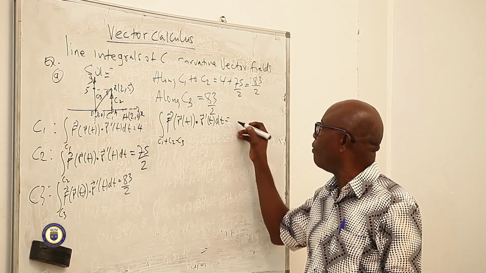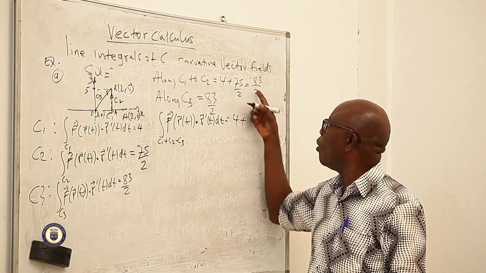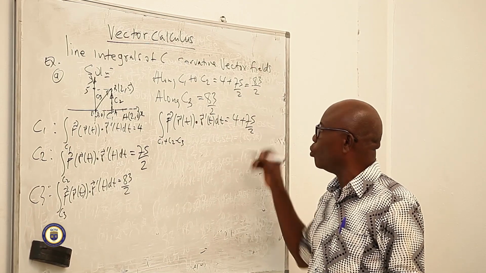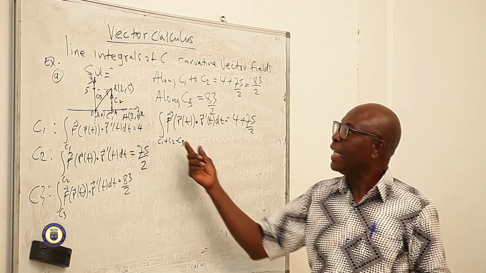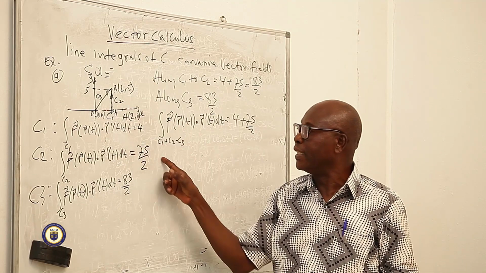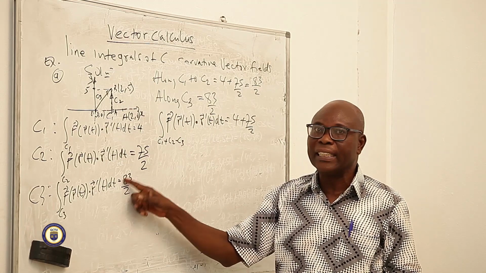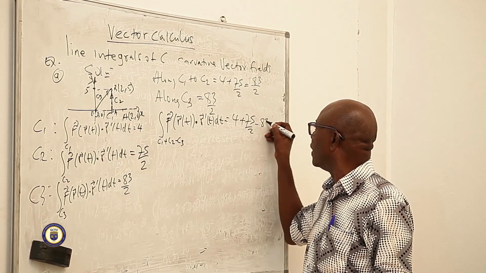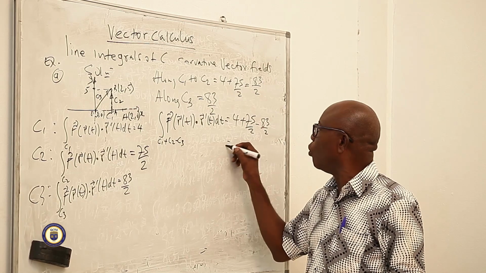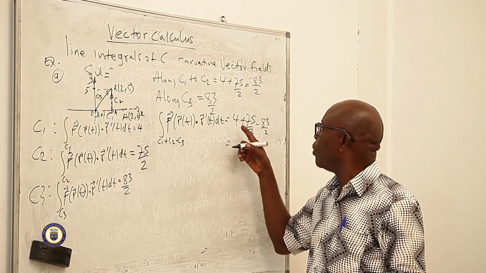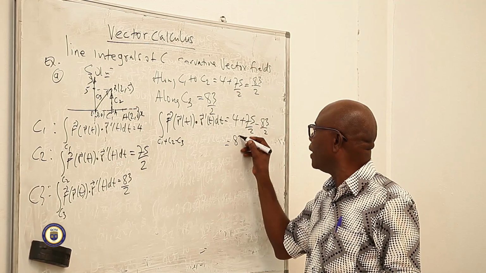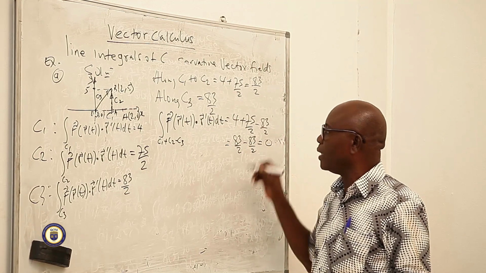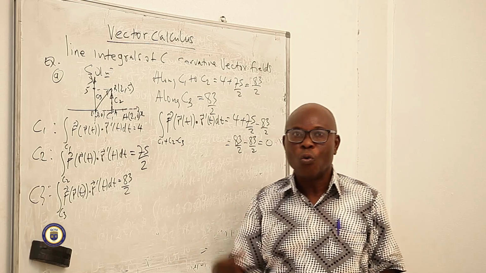will be equal to moving along C1. C1 gives us 4. Along C2 gives us 75/2. Then along negative C3 gives us 83/2, so the negation of that gives us negative 83/2. And so when you sum it up, we're going to have 83/2 minus 83/2, and that gives us 0. And so